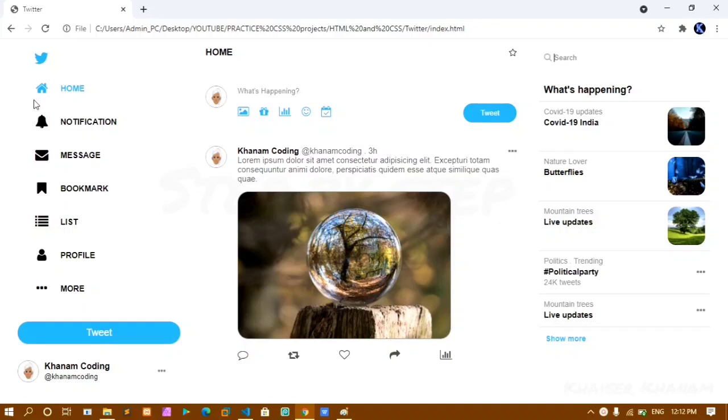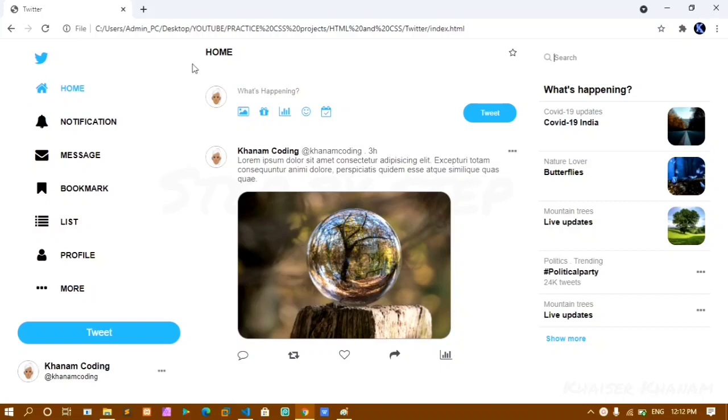Hello everyone. In this project we will see how to create this simple basic UI design of Twitter, only using HTML and CSS. If you learn the concepts used in this project, then you will be comfortable using display properties, and you will be comfortable with the containers and how containers are used in projects. So let's get started into this project.